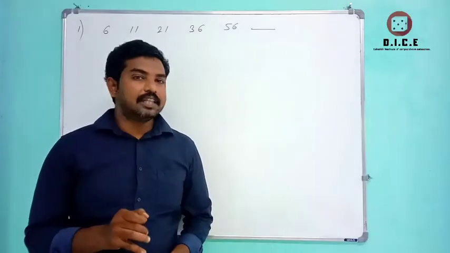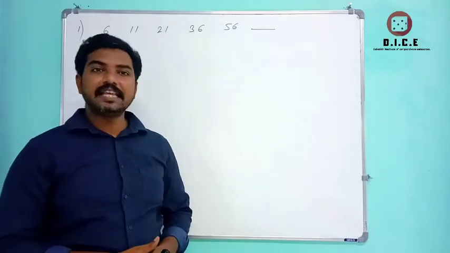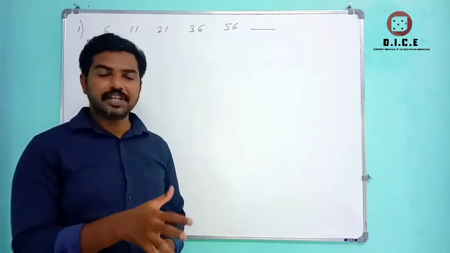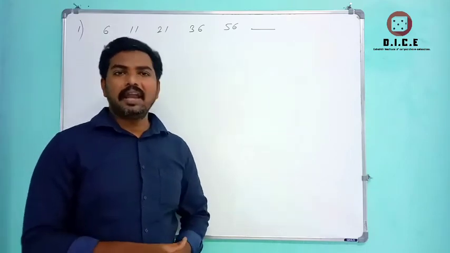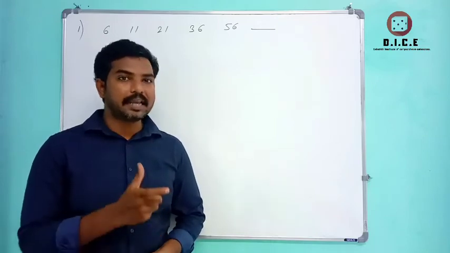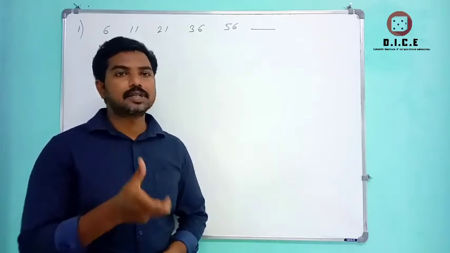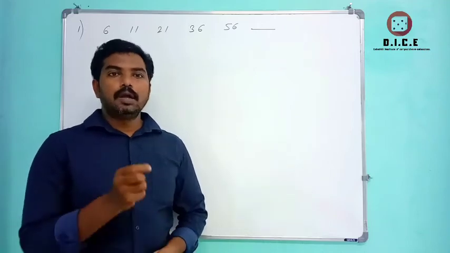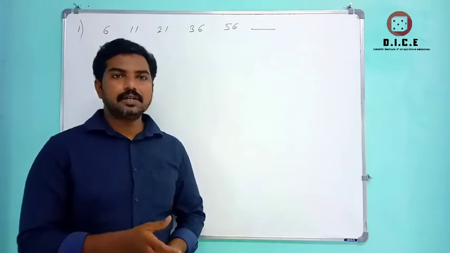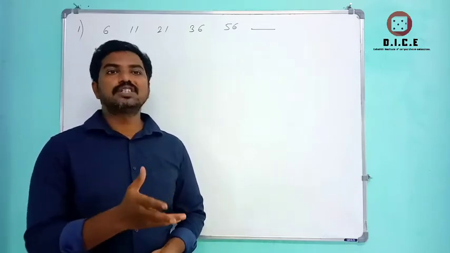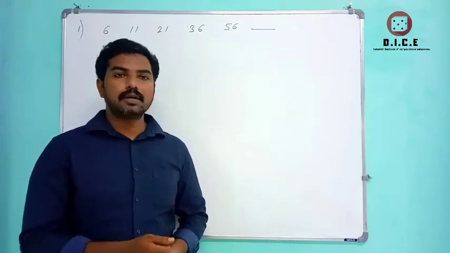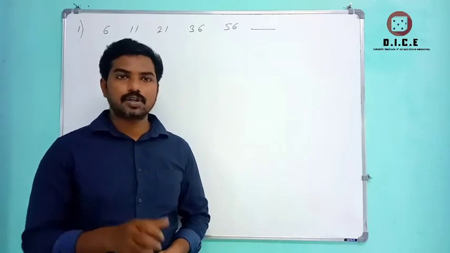Students, we shall see the very first question in today's session, that is the series. In series we have letter series, number series, mixed series, different models. But for any type of series, there are only 3 cases: case number 1 is the difference, case number 2 is multiplication, and case number 3 is some logic-based questions on series. Getting more marks in intelligence pattern is very easy, so try to do a number of questions. Try to follow 6th class students' videos also, which give you a number of questions to do. From that you can score many marks in the reasoning section.